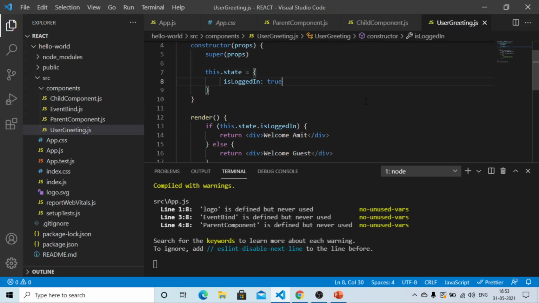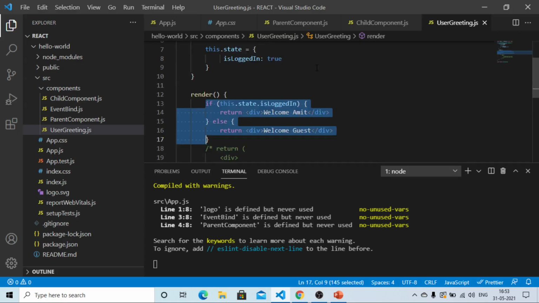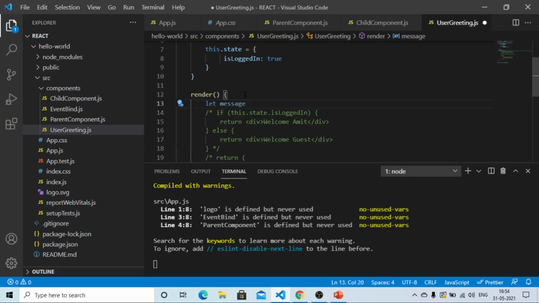So now we go to the second approach, that is the use of element variables. First of all, within the render method, we are going to comment again with the shortcut key Shift Alt and A, and we will now make use of an element variable. We create with the use of the let keyword a variable called message, let message, and now we'll be using the if else statement, that is